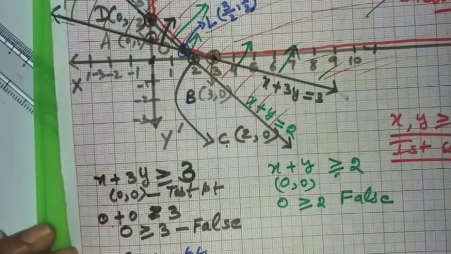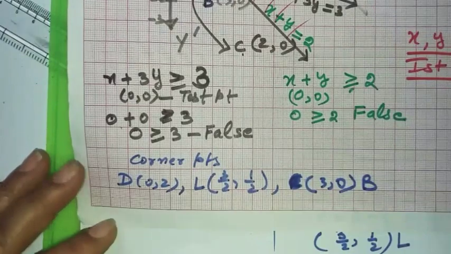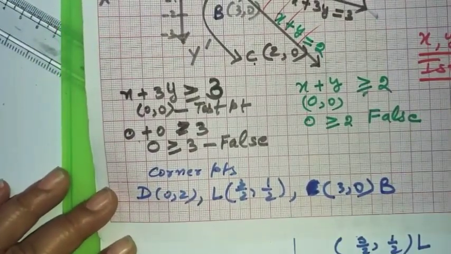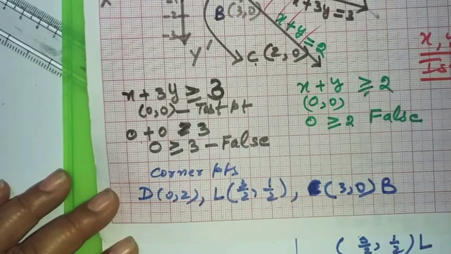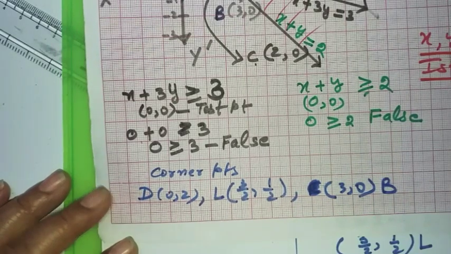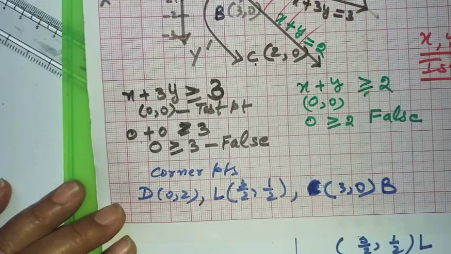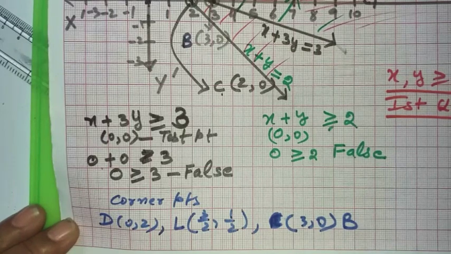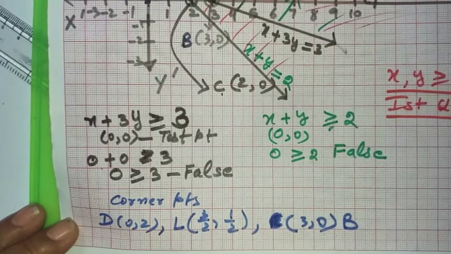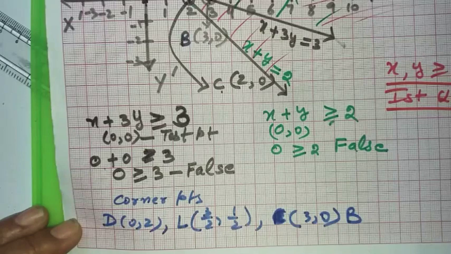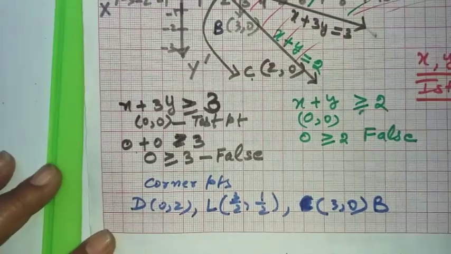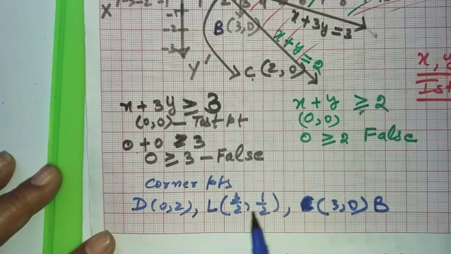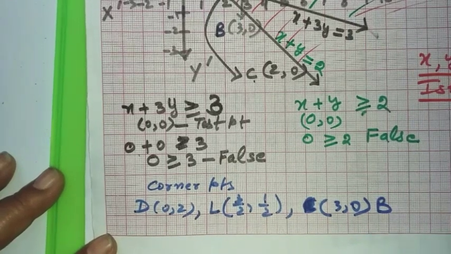Okay, so the graph has become too hodgepodge now since I am using a sketch pen, but you don't have to use a sketch pen while you draw the graph. I am doing so that I can highlight this work and it is clearly visible to you. Otherwise, if I would have used a pencil in the video, it would not have become very clear to you, and that is why I am using the colored sketch pens, but you have to use the pencil to draw these graphs. So in total we have got 3 corner points, D 0, 2, L 3 by 2, 1 by 2, and B 3, 0.